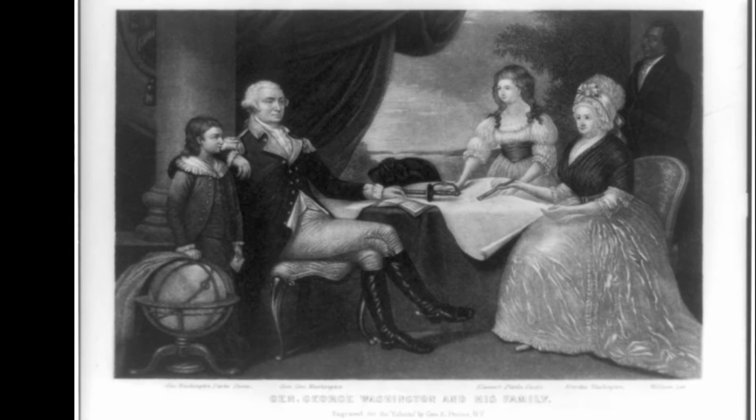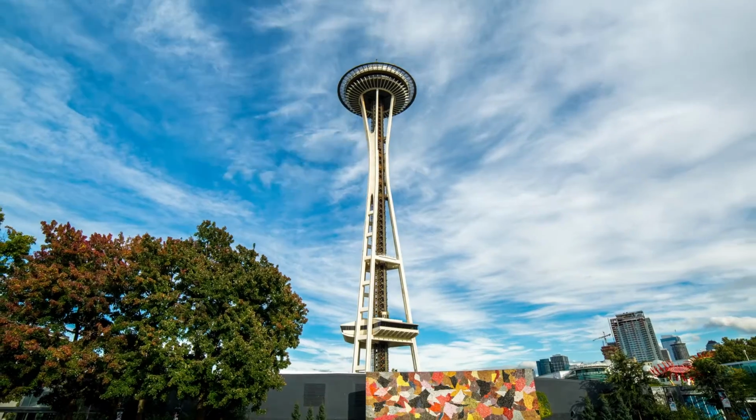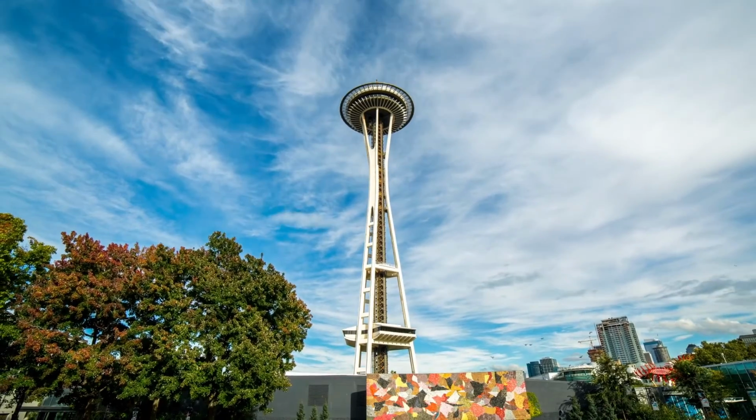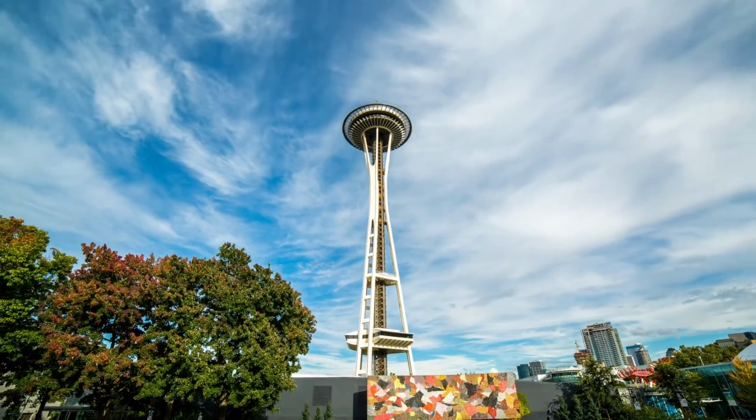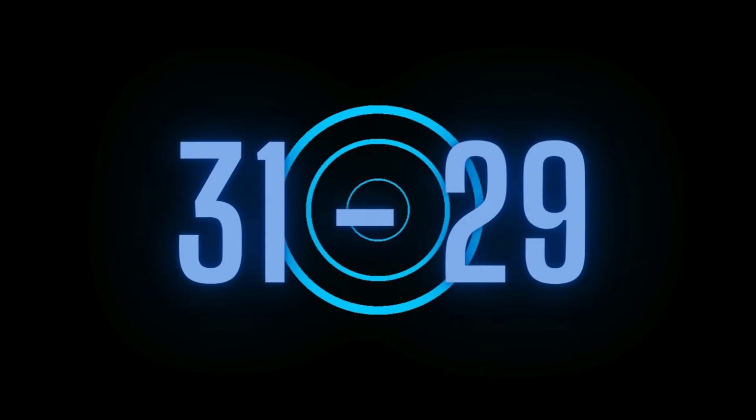George Washington never saw the land of Washington, never visited, and certainly wasn't from there. So while it's fine that Washington is named for the U.S.'s first president, it doesn't seem to add to the state's unique identity beyond the use of green for the background, which is to represent the evergreens that grow throughout the state. Moving up the list, we have the neighboring states of New Hampshire, Vermont, and Maine at 31, 30,